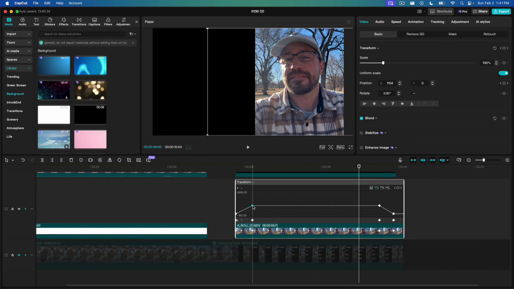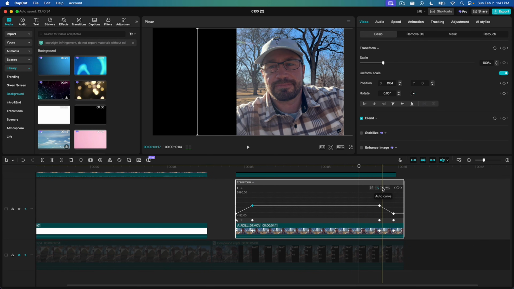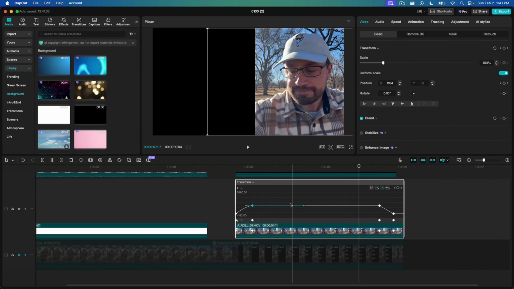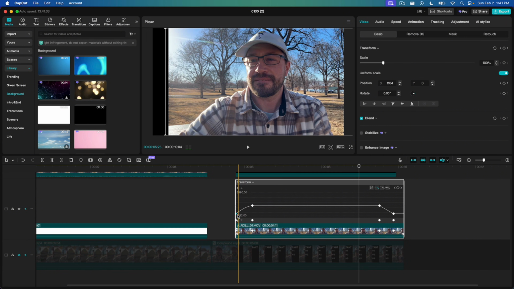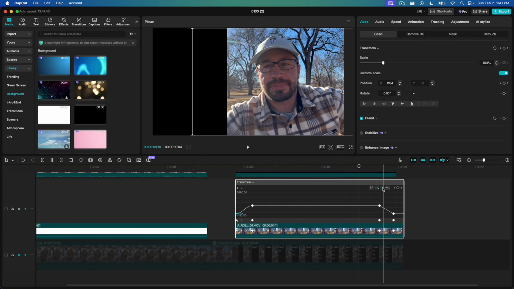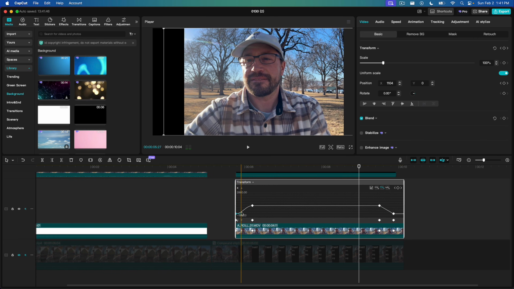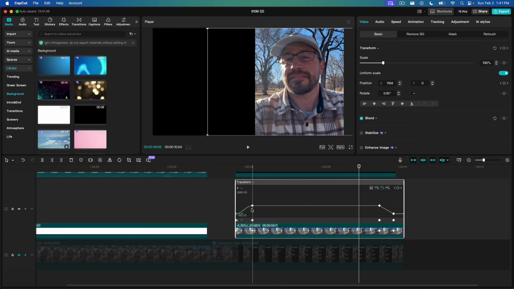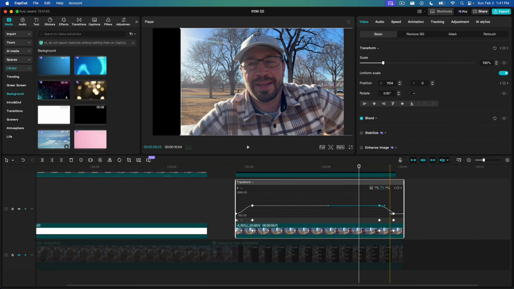So once you have this selected, you'll come over here on the right. This middle option says auto curve. When you click on that, you'll notice that the line is no longer straight and now has a curve to it. And we're going to want to do that for each keyframe. And again, that's going to create this nice little curve where things kind of speed up, slow down, and then speed up again. And if we do that on the outro animation,